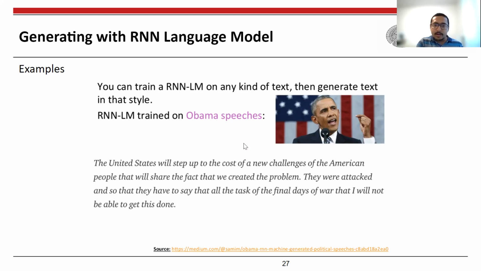Once you train the model on these Obama speeches, it can generate quite nice political kind of texts. If you read it, you will see that to some extent the semantics is way better compared to the naive n-gram model. That is one of the benefits that you get using RNNs.